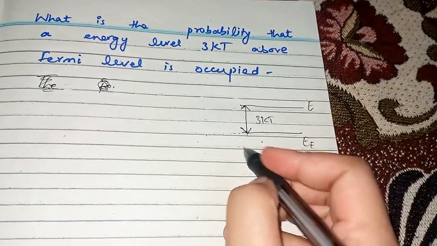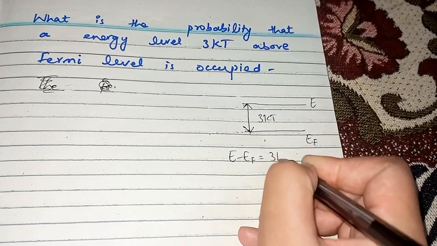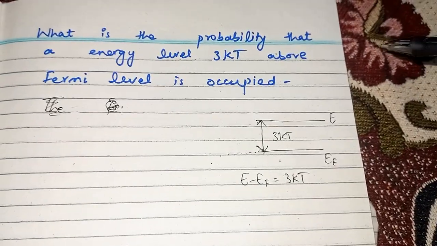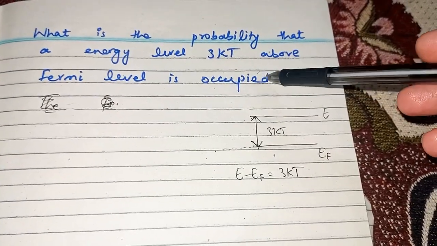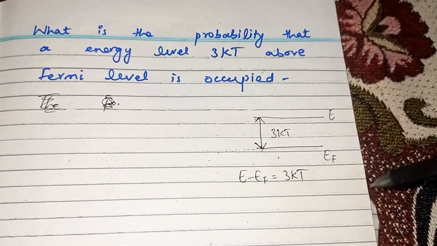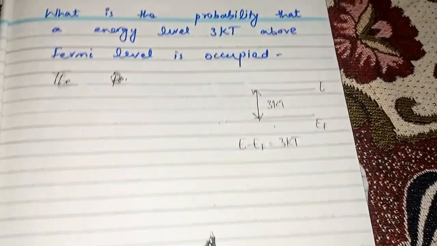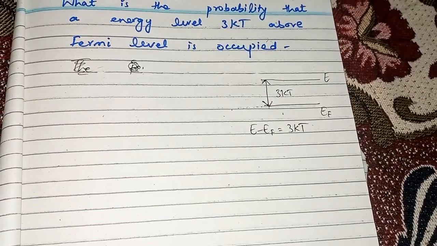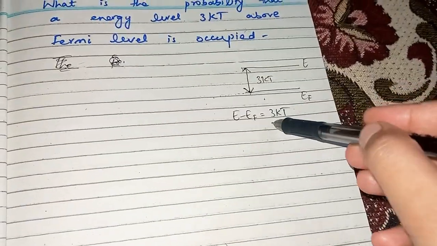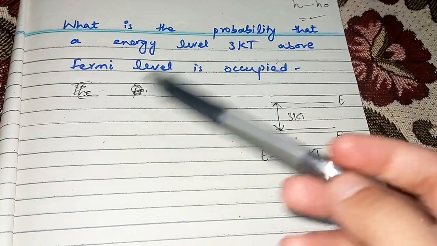So you can say that E minus EF is 3 kT, because 3 kT, as you can see here, it's relative to the Fermi level. So it's actually the difference of that actual level and the Fermi level, 3 kT. Whenever they are saying it relative to the Fermi level, that is why you have to write it like that. Okay, so this is something that we are given with, and we have to find out the probability that